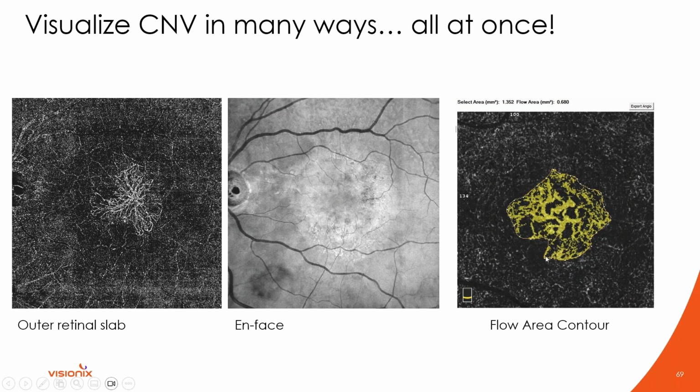actually take your cursor and draw it. You can click around the lesion and the machine will automatically tell you what the area of blood flow is there. So if you're trying to determine if a patient is doing better over time, each time they come back, it will automatically line up the image in the same place. You just have to put your cursor and color it in